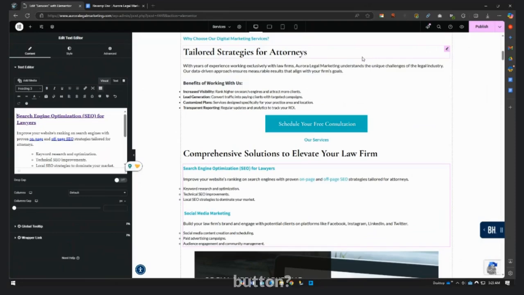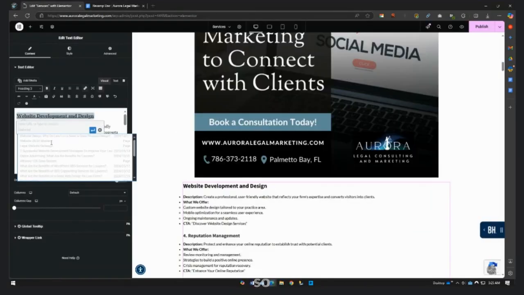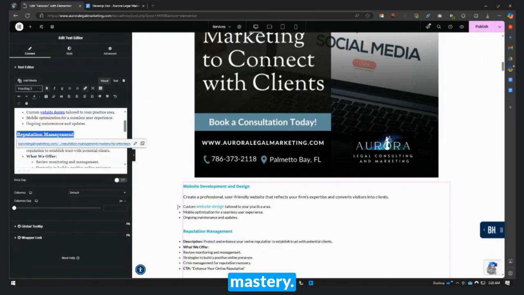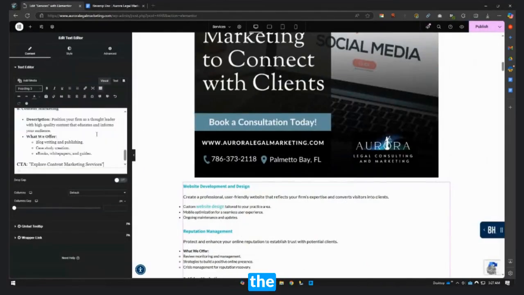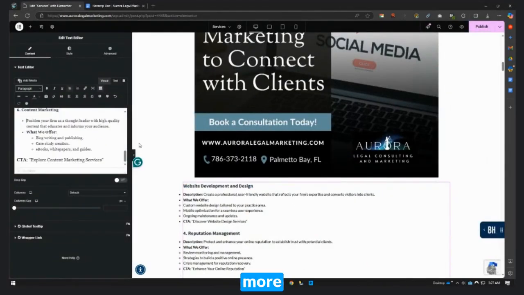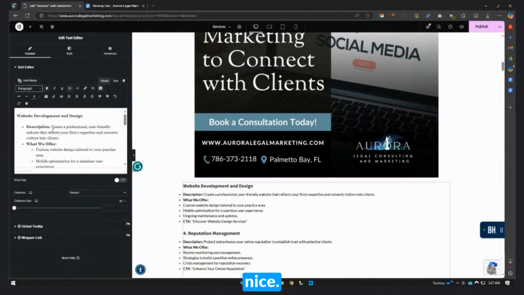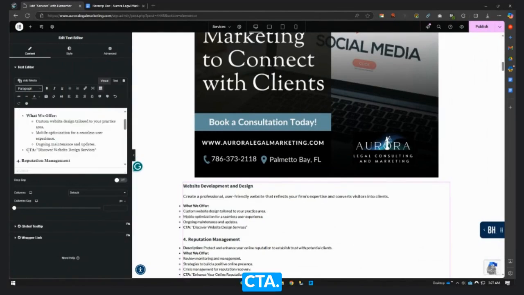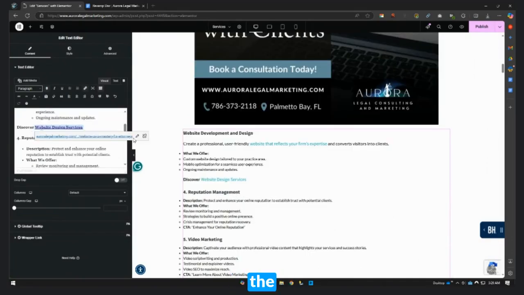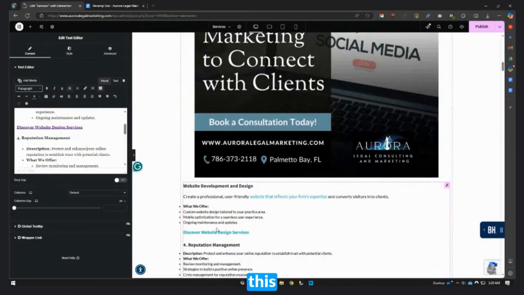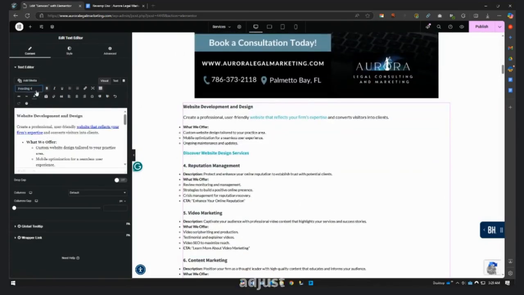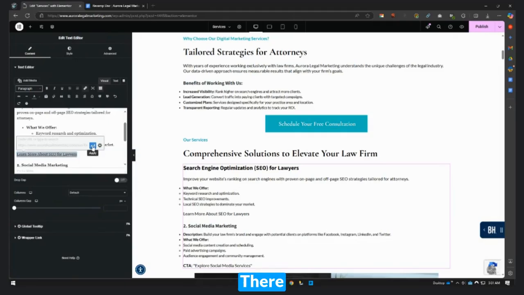web design, 1, 2, 3. So lots of terms here. So confusing. I think we should keep the what we offer section, it's nicer. Then just leave this city. Maybe we should include the website redesign here in this one. I think this looks better. Make sure to adjust this as H3. Yeah, let's do this.